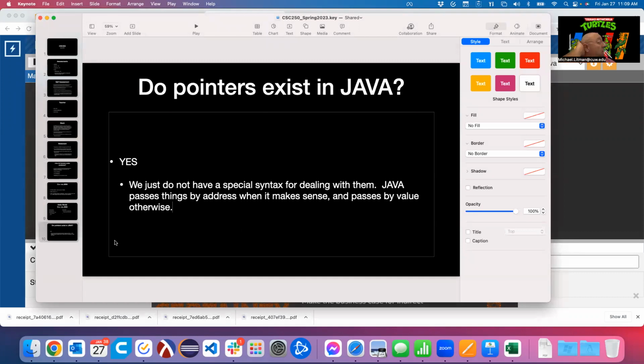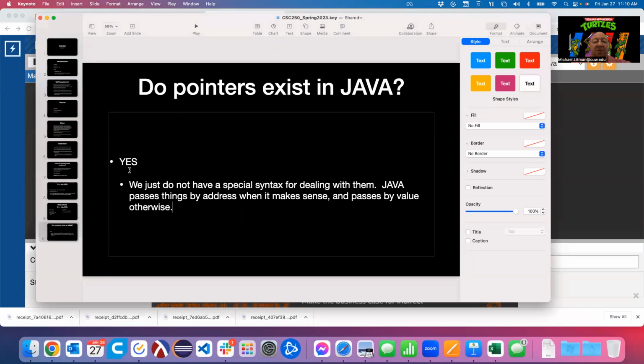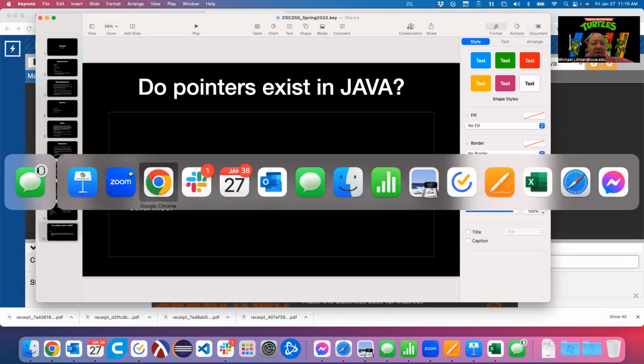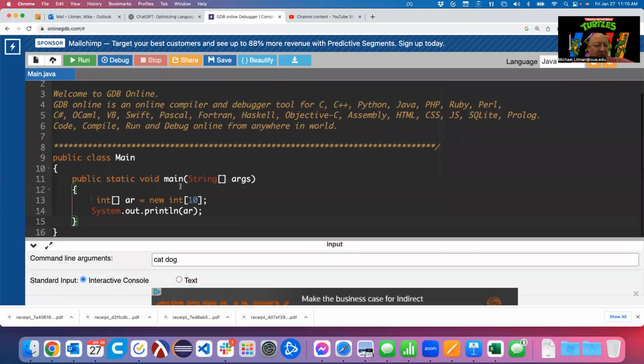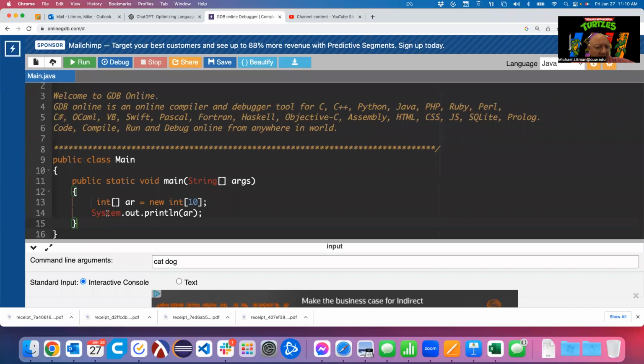Okie dokie. All right, so at the end of class last time, we had started getting some Java code running. And we talked about some textbooks that say something like pointers don't exist in Java. But pretty quickly, I think we saw that pointers do exist in Java.